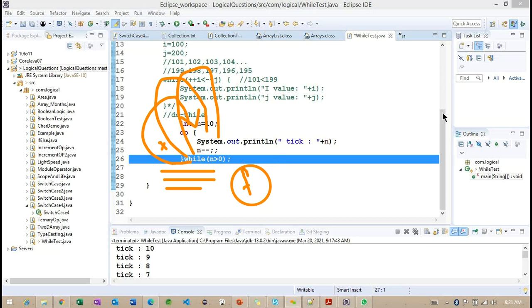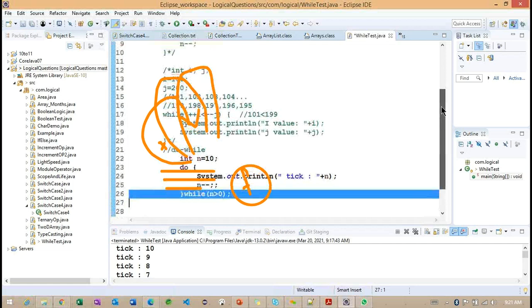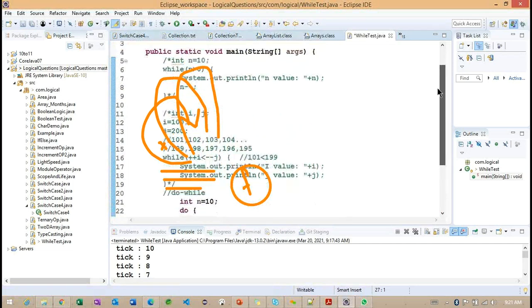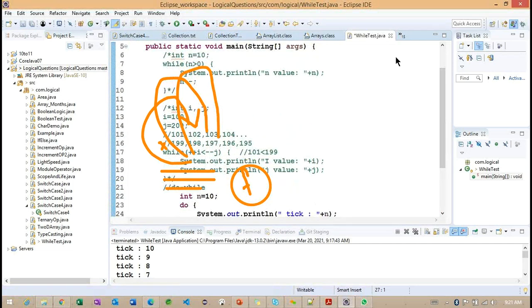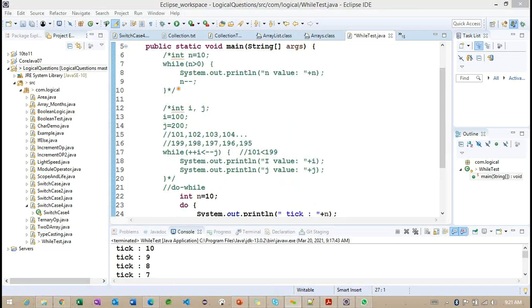And going back, if we observe this particular while loop, let me open this while loop. Let me clear the screen. Observe here, there is no option to enter for the first time.